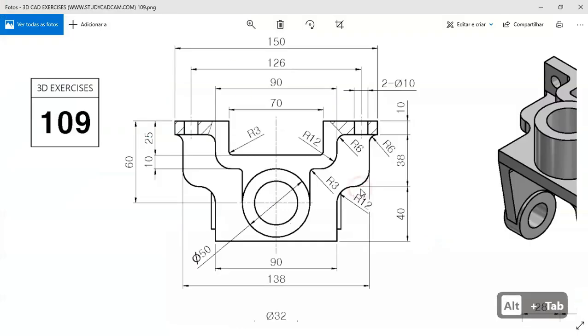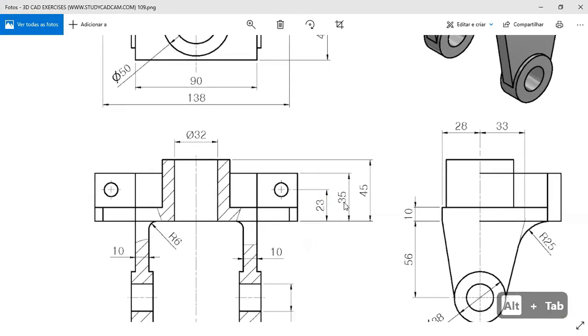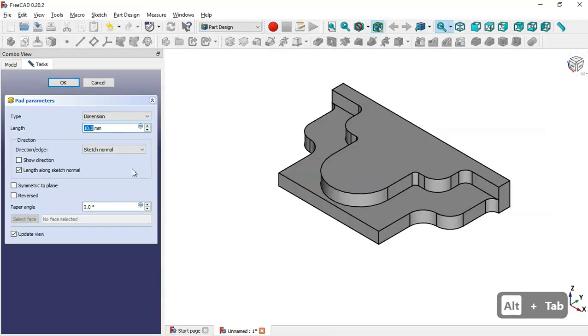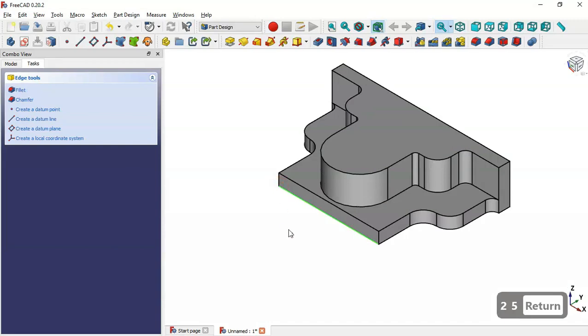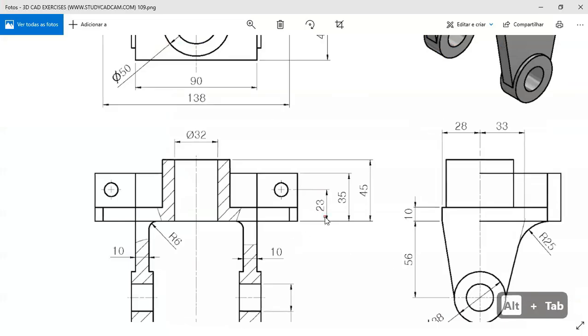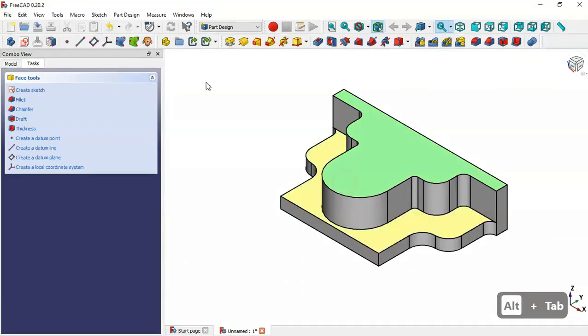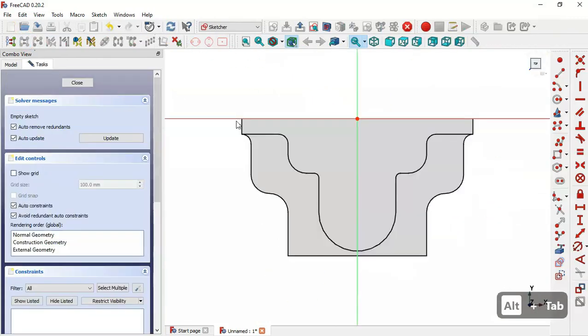and here we'll set up the length here will be 35 minus 10 millimeters, this dimension here. So here we'll set 25. Okay, and now we have this, and next here we'll create this cylinder here. So we select this face again and create a new sketch, and now we select this tool and extract this